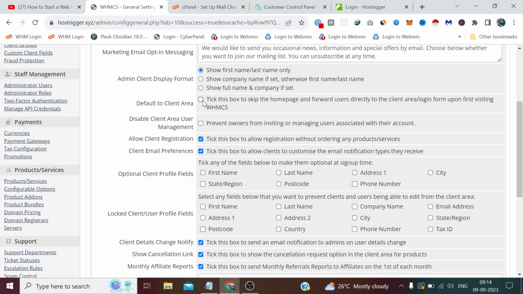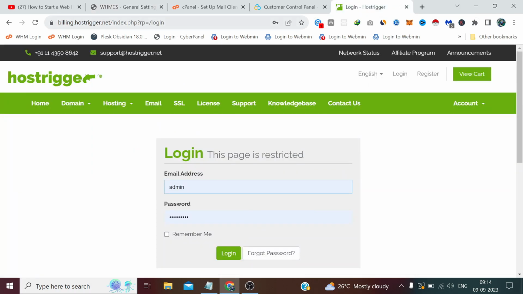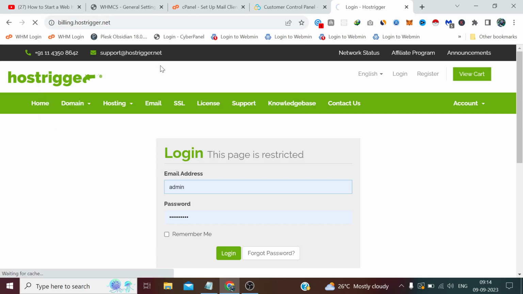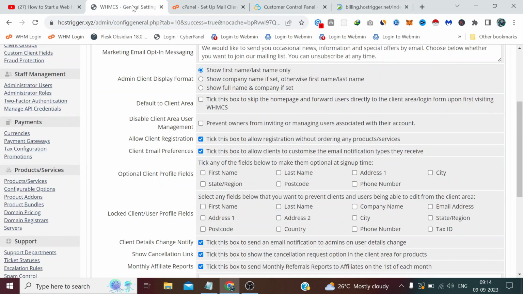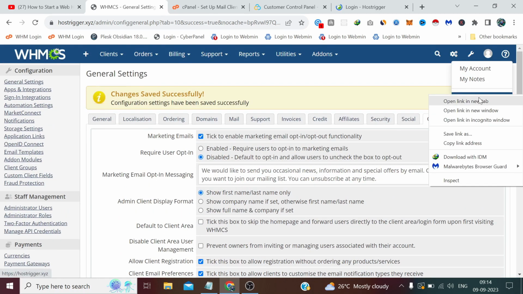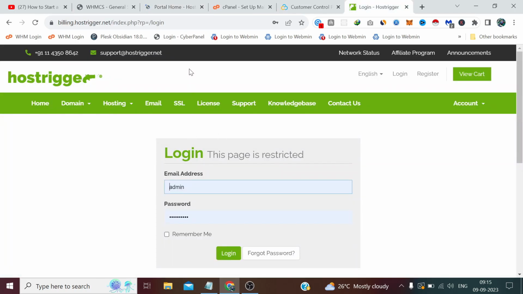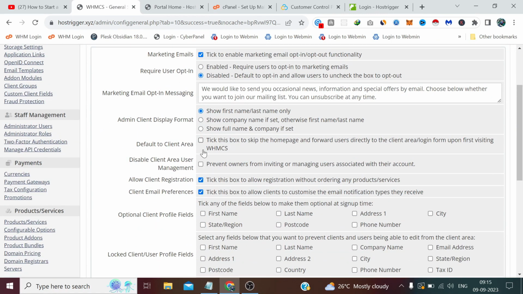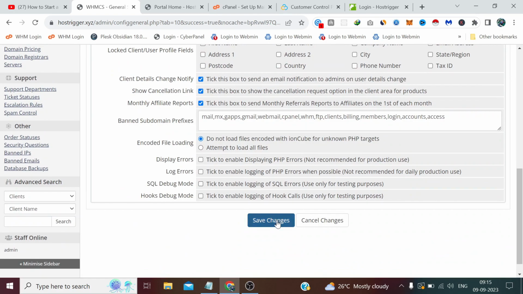But yeah, if your theme already has a front end, like I showed in my HostTrigger example, I have a separate front end. So if someone visits my website billing.hosttrigger.net, instead of this second front end, I want it to land on a login page directly because I already have a front end. So if we check this option from here, default to client area, and if we save changes,